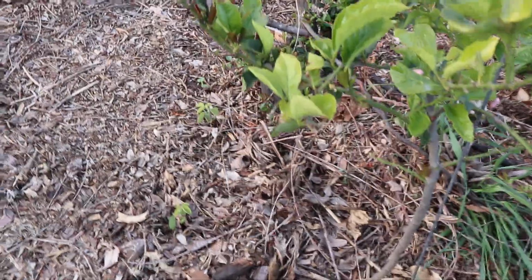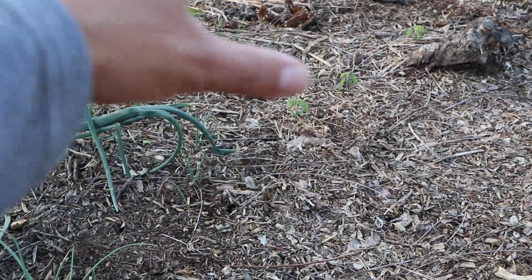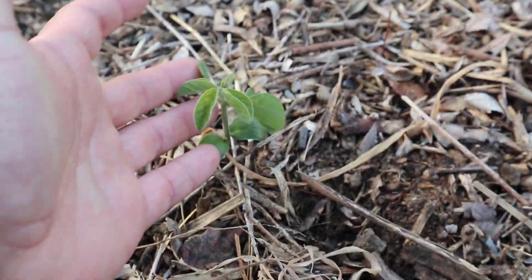There's our Genoa lemon, and it's producing a lemon for us. And then down in this area we have that whole section that's resting. We're going to plant watermelon soon. We have a few plants of soybean, and we had a cold spell, so hopefully these guys didn't get stunted. Soybean likes it cool, so we try to grow it early in the